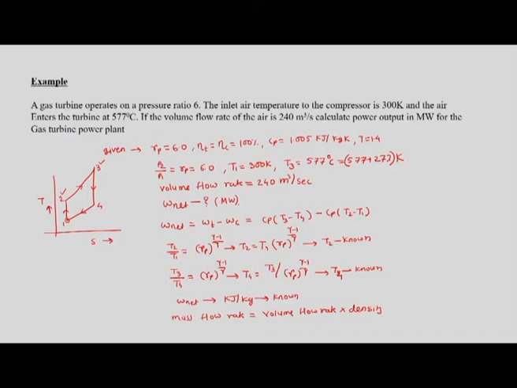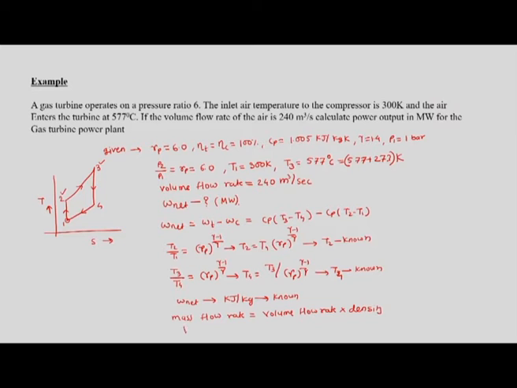So we will take pressure as 1 bar at the inlet, and temperature 300 Kelvin, then we can find out density. So for that we will assume P1 is equal to 1 bar. Then we know P is equal to rho RT, so knowing the pressure and the temperature, we can find out density at the inlet. Once we know the density at the inlet and the volume flow rate, then we know the mass